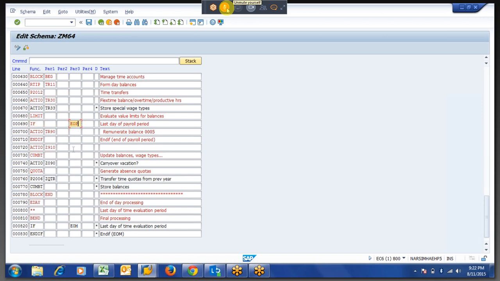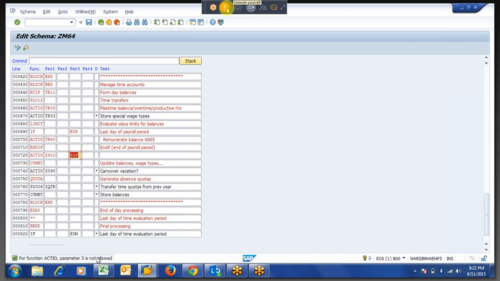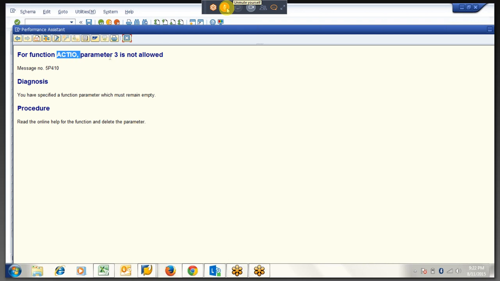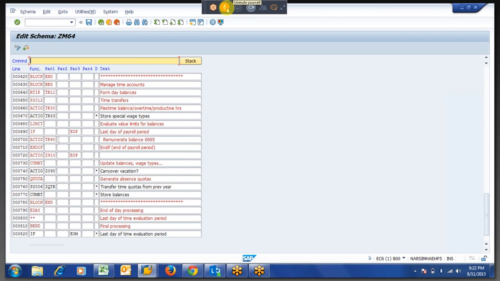Let us say if you put VOP over here, it won't work for us. If you see, it is not allowed. Whenever you are using the function ACTIO, it is not allowed with parameter 3. There are thousands of functions. If you change the function, the use of parameters 1, 2, 3 will change. For this particular function, there are parameters 2, 3, 4 also. Parameter 4 is anyhow not at all in use.